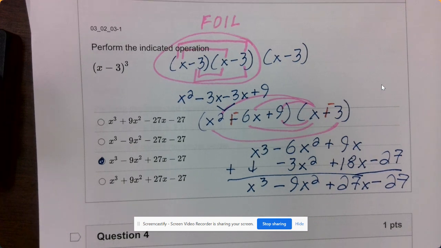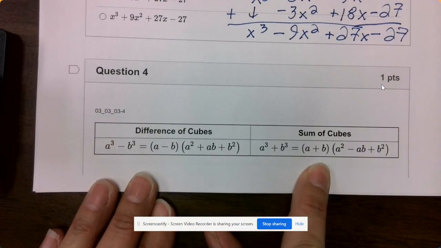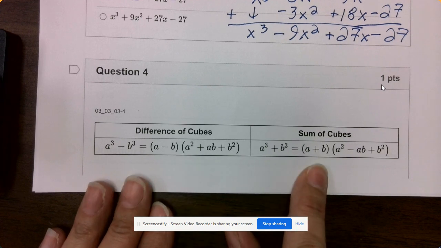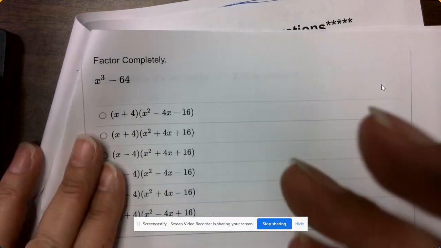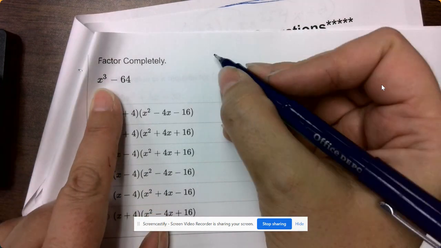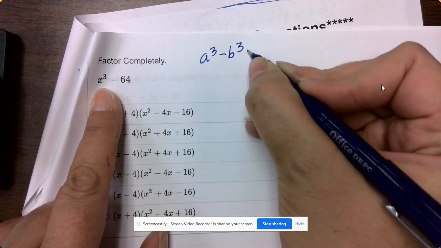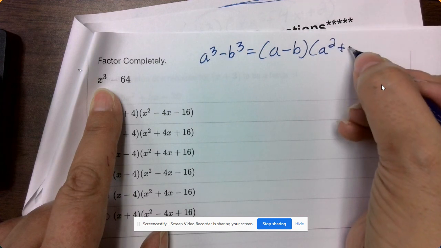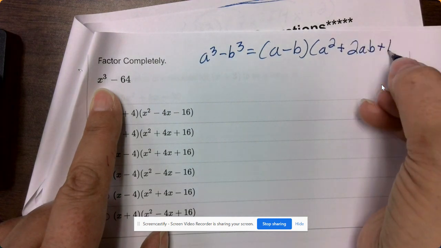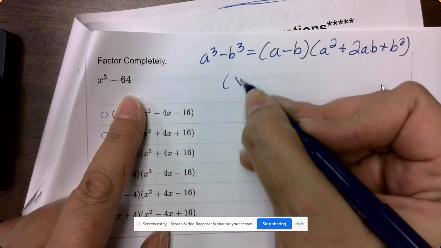Okay, this one, oh, number 4, everybody, gives us difference of a cube or sum of a cube. So now we know that we're going to have to use one of these two for number 4. So this one, everybody, it's minus, so we're going to be using difference of a cube. So remember that's a cubed minus b cubed is equal to a minus b times a squared plus 2ab plus b squared. Okay, so we're going to go x minus